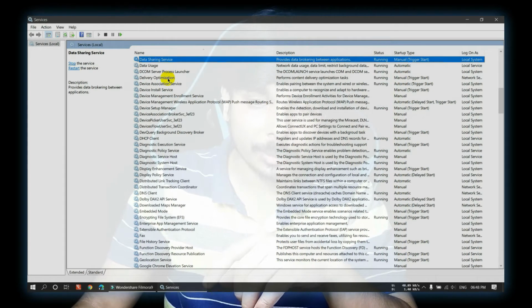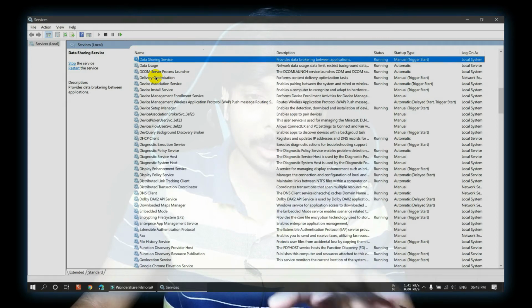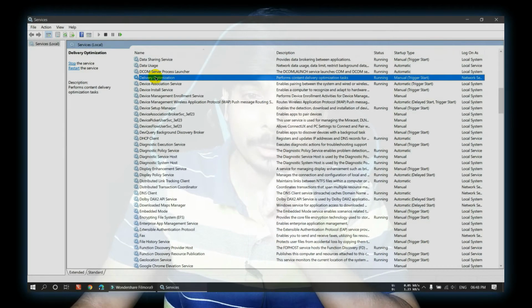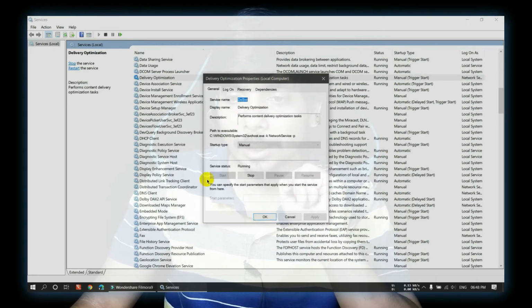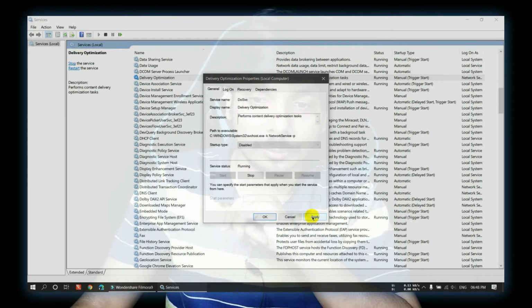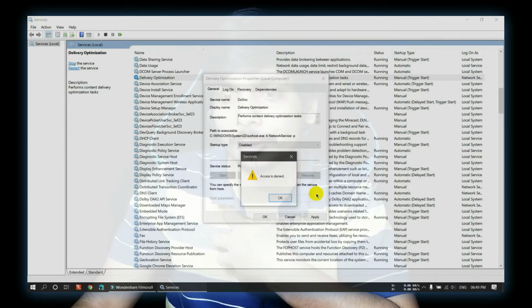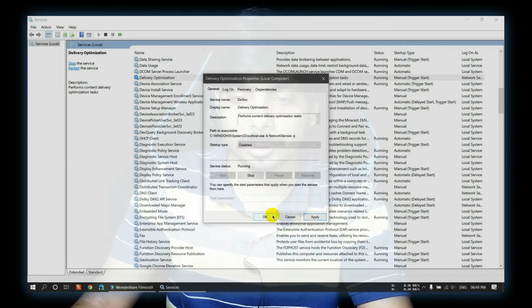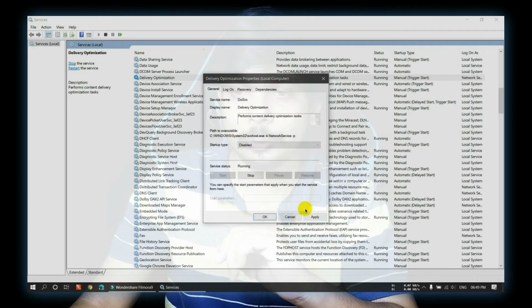At the center, from the top I think the fourth or fifth option is known as delivery optimization. You can right click on it and go to the properties, and if your Windows system is not updated to the latest 1809 update, you can disable it from there, but for me it is not getting disabled. It is saying access denied, so I will leave it as it is and I will go back.